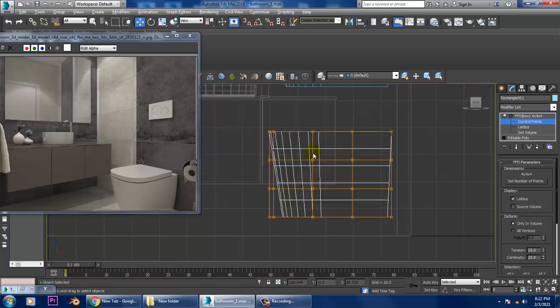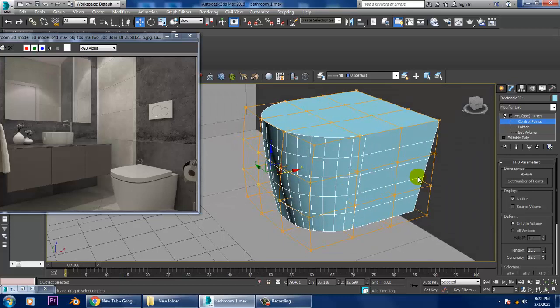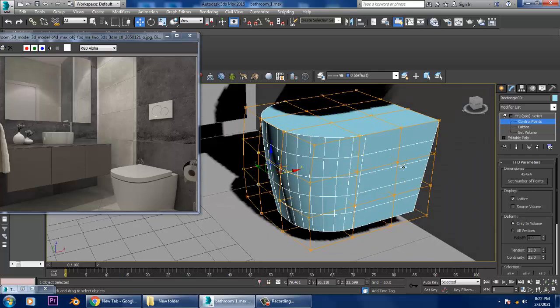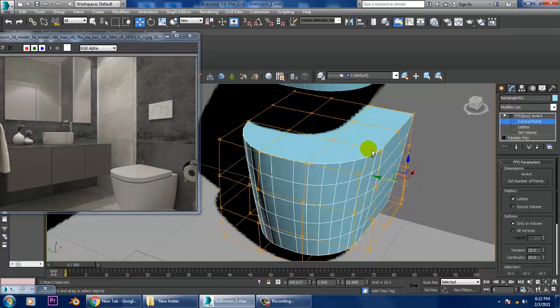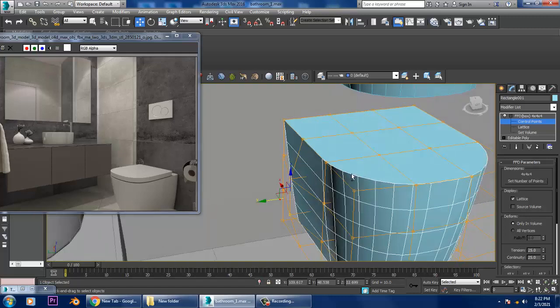Let's go into this view, slightly just push it out. You can not push it much, a bit, that can be done. So the same way I'm going to manage this also. Slightly I'll just push it out, but make sure you have proper segments over there.